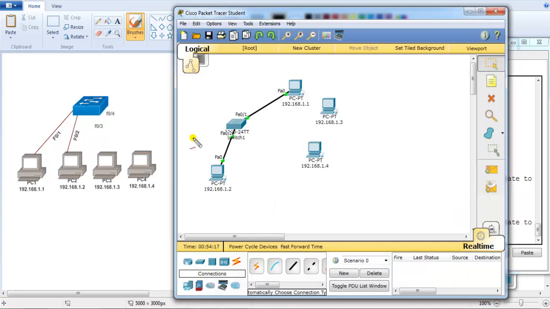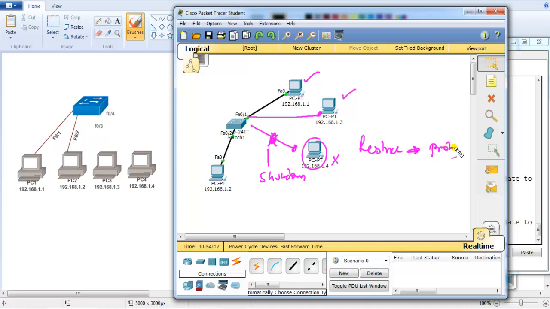Now the only difference between protect and shutdown is that when you connect 2 devices on the same port, it's going to forward the traffic. If any third device is connected, in shutdown mode it's going to put the port into shutdown state. But in protect mode, it is not going to put the port into shutdown state. It's going to ignore the traffic from the third MAC that it has learned. Now in a similar way we can change to restrict mode. In restrict mode, the only extra thing it does beyond protect is that it is going to log the information. It is going to generate some logging to the external servers or on the console.